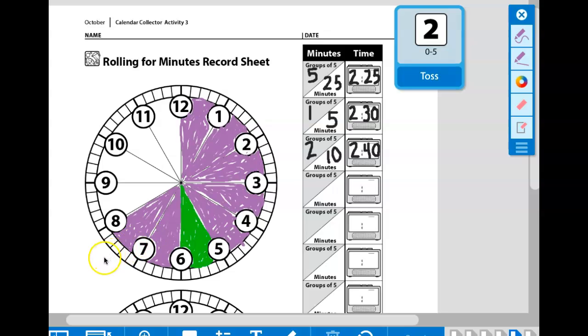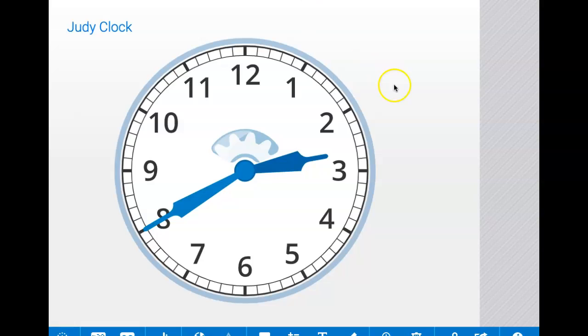First, we need to collect our minutes for today. So let's go ahead and make sure our clock is set at the right time. Oh, perfect. What time does our clock read? Now, you may have said that our clock reads 2:40. It reads 2:40 because we've collected 8 groups of 5 minutes, and our hour hand is in between the